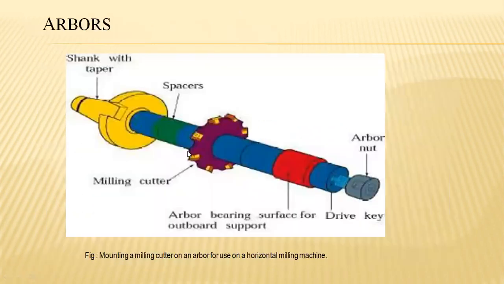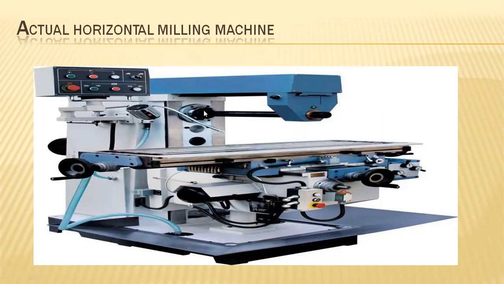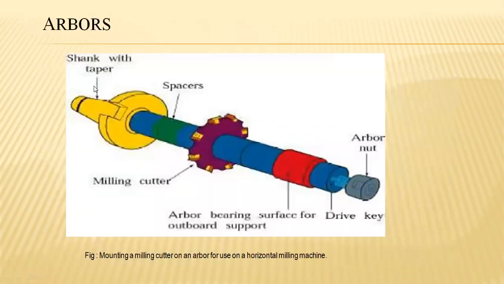And this arbor, which is fixed here. There are some tool considerations. Here, this arbor will be fixed. See, there are common terminologies of these arbors. The shank, which is connected towards the taper for commencement of the modes. And these are the spacers, which don't have any interaction with respect to the work part. And majorly, this is the cutter which is placed in the milling section.